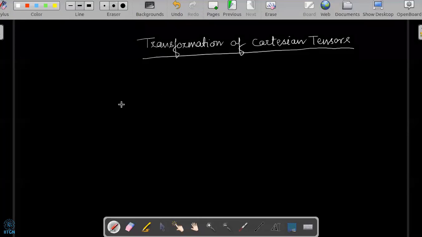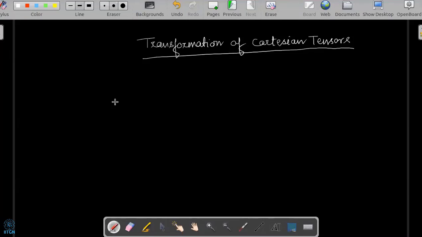Okay. Now, as we have seen, a physical quantity, whether it is a vector, scalar, or tensor, does not depend on the coordinate system, because it is a physical quantity. Coordinate system is a relative position of an observer. So the physical quantity should not depend on this, because if we change the relative position of an observer, that quantity will not change. But the component, if we are describing that physical quantity with respect to some coordinate system, will depend on the coordinate system.